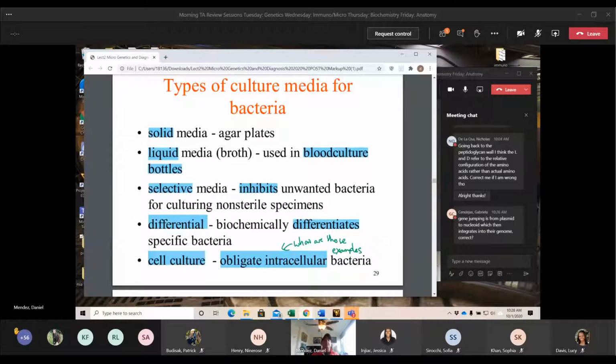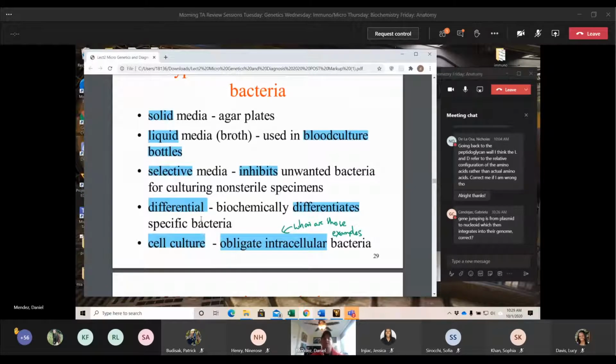So selective media is when we want to inhibit bacteria from a culture in a non-sterile environment. So we have certain areas in our body that are non-sterile. So the mouth, the gut, the intestinal tract, any of those regions are listed as non-sterile because we have our normal flora living there. So selective media would inhibit the growth of the normal flora and only allow growth of the pathogenic microbe. That way we can only grow the pathogenic, because if not, we'd have a plate full of bacteria and we wouldn't be able to figure out what is causing the problem. So selective media is going to inhibit unwanted growth of other bacteria, mainly from non-sterile environments.